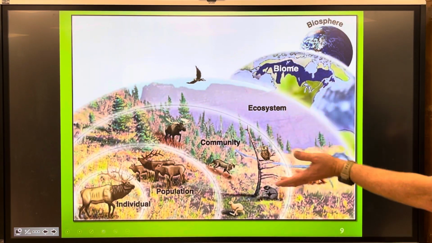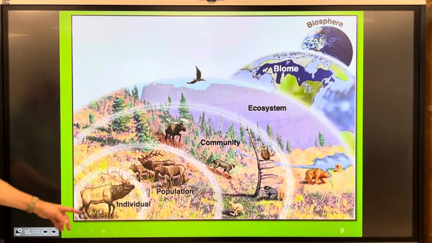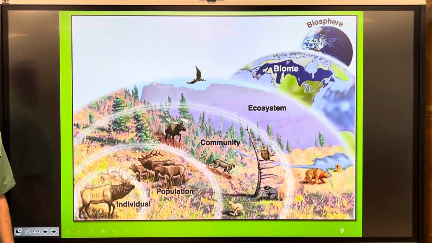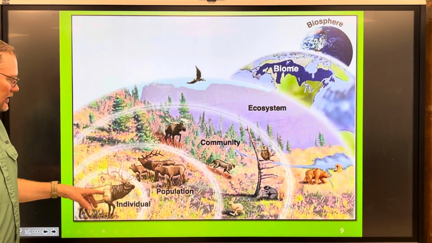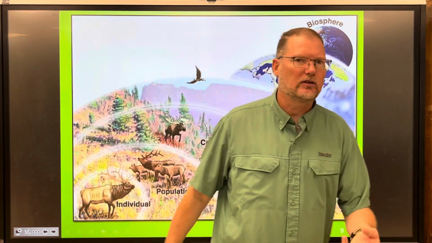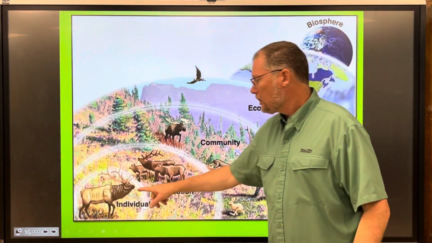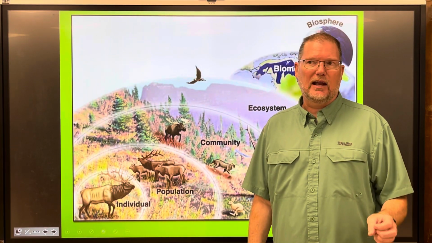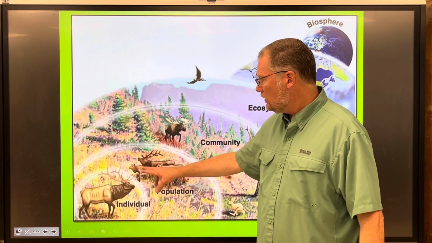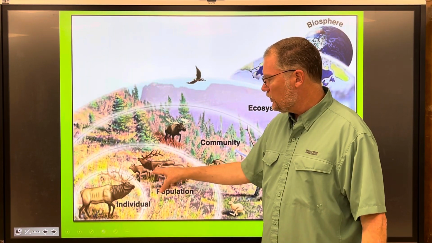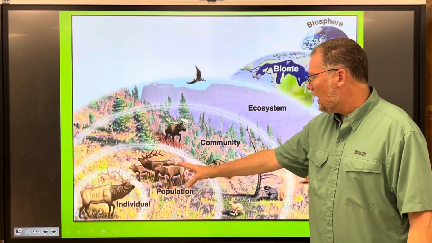And so this is all of them in one picture right here. So you've got the individual. Anybody know what that creature is called? Don't say deer. It's related to a deer, in that I think it's an ungulate. Is that the right word? I don't remember. Anyway, it's an elk, or in the Native American, wapiti, that's the name of an elk. And so then you've got multiple individuals of the same species living in the same place. It's a population. And then you've got,